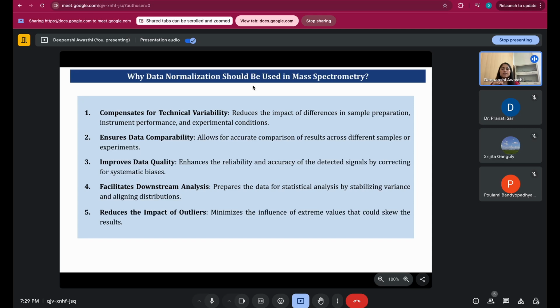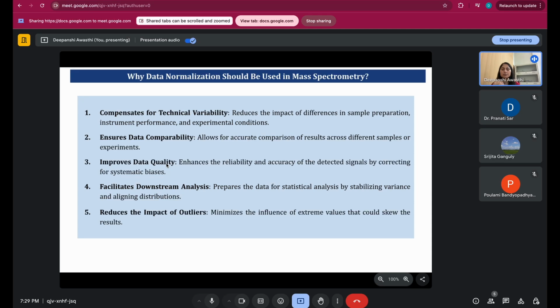Yeah, so now the thing is, why should we use data normalization, and what is it doing? Firstly, it compensates for technical variability, because it reduces the impact incorporated due to sample preparation differences and instrument performance. Then it ensures data comparability, because it brings all the data sets to a common scale. So it helps us to compare the data. It improves the data quality, because previously the data was raw reads, but now the quality has been enhanced